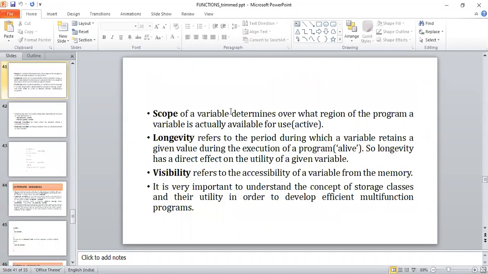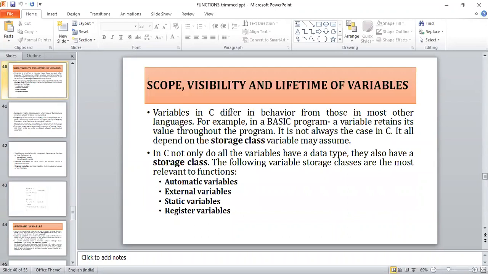Next we have the scope, visibility, and lifetime of variables. After the programming session, I will take up scope, visibility, and lifetime of variables. After that, we will start with recursion, with some example programs.